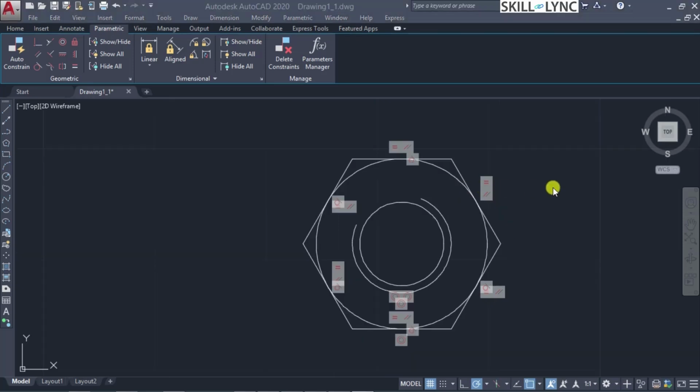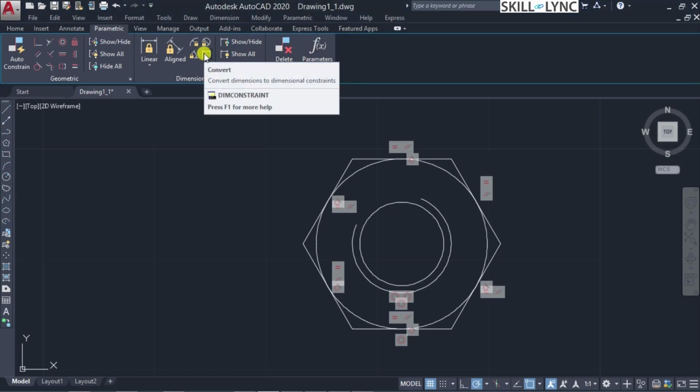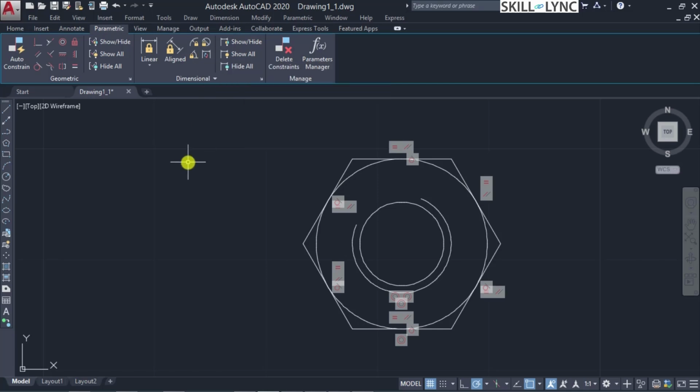So with this dimension constraint that you can observe in the parameter tab, we have different dimension constraints that can be applied. We have the linear dimension, aligned dimension, angular dimension, radius and diameter, and also we have an option to convert. This symbol is used to convert the existing dimension into a dimension constraint. So one thing that you have to notice is that when you apply a dimension constraint onto an already constrained object,